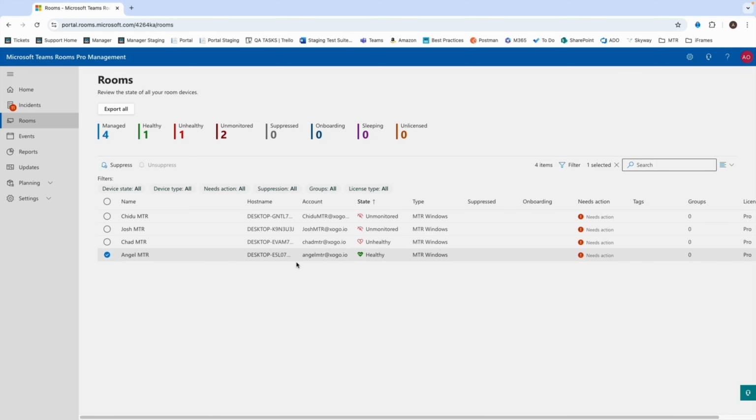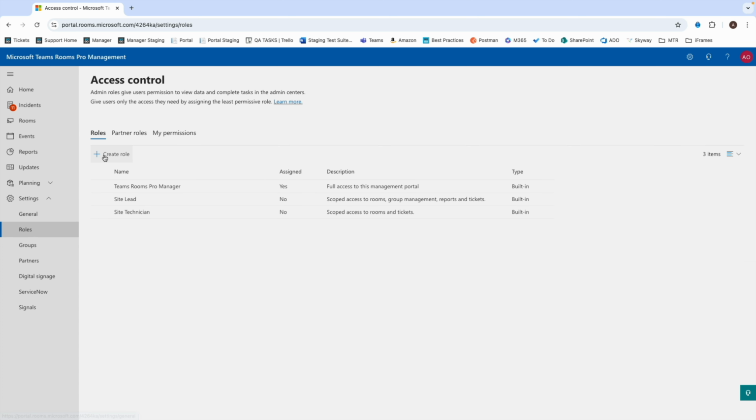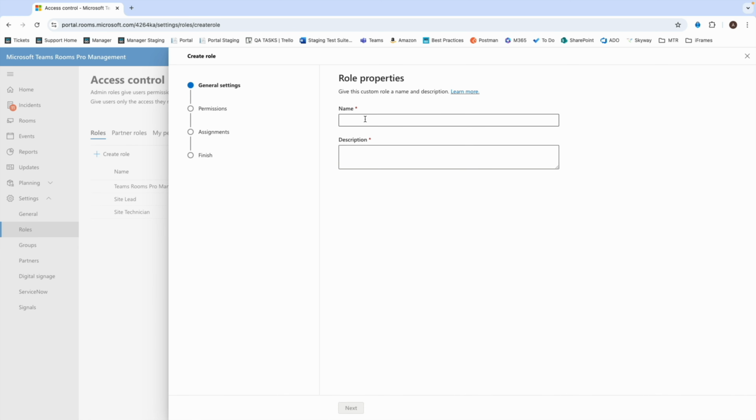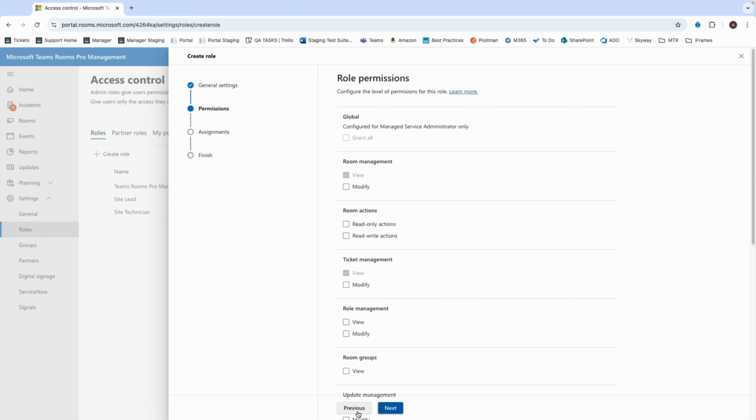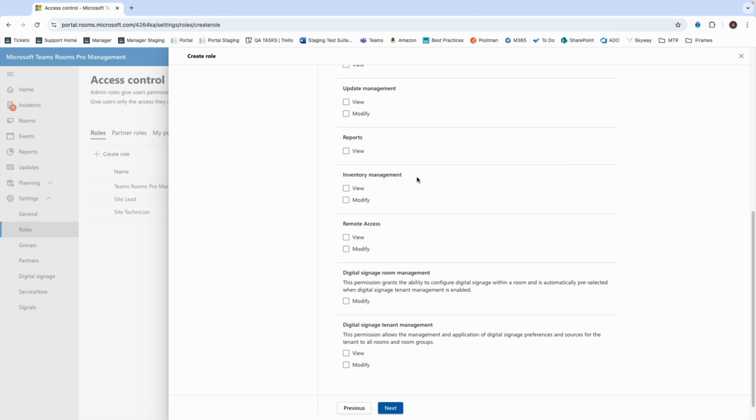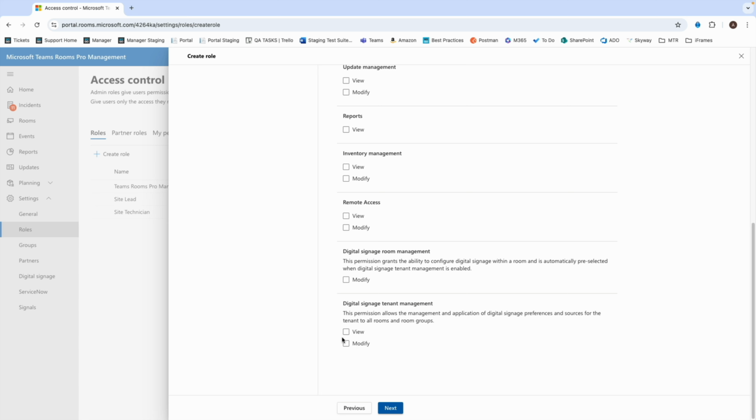If you'd like to set up a role to manage all of the rooms within a digital signage tenant, you can create a role and give the following permissions to it. So I need to go to Settings, then Roles, and then we create a role, give it a name and a description, and then click Next. On this page, you just need to make sure that if this is for the whole tenant, that both View and Modify are enabled under the Digital Signage Tenant Management section. And you'll notice that if you click this permission to modify, it automatically changes the permission here for the room as well. We can leave the rest of the basic permissions as is, so this is all that we need